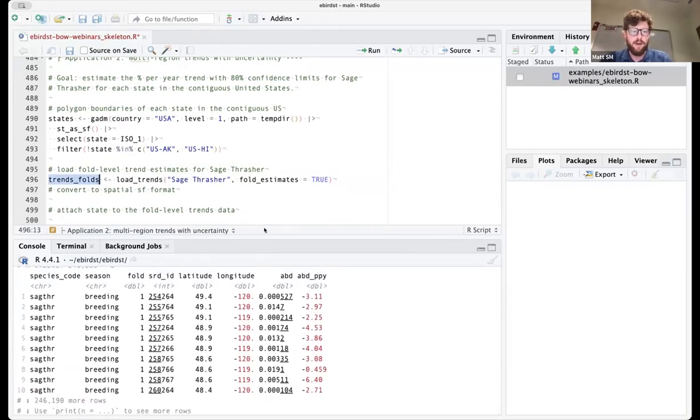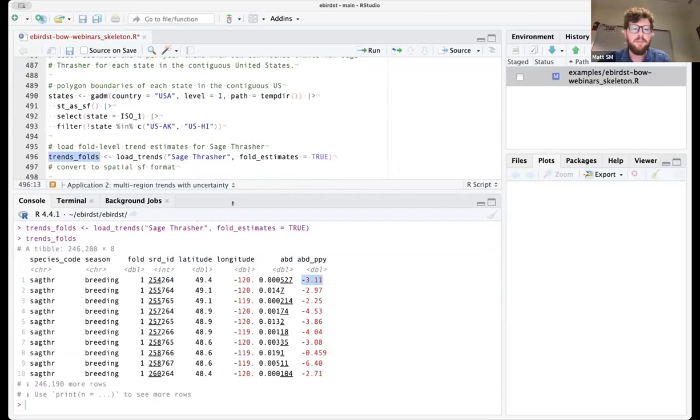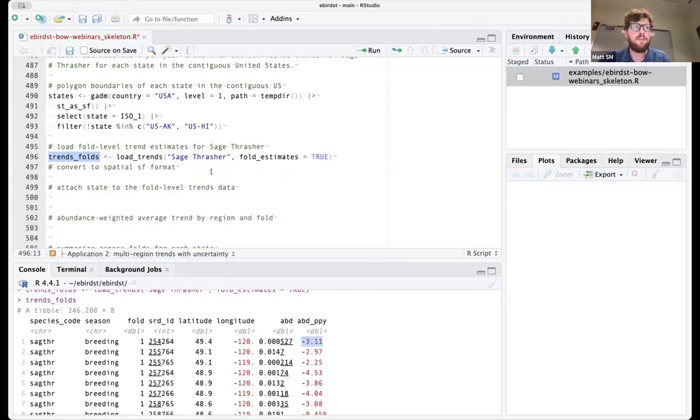So it's a simpler data frame. There's not as many columns. This one just has the species, the season, that same cell ID, latitude and longitude. But now you'll see here there's a column for fold. And every cell will have 100 folds. And correspondingly, there's 100 different abundance PPY, percent per year, abundance values. Okay.